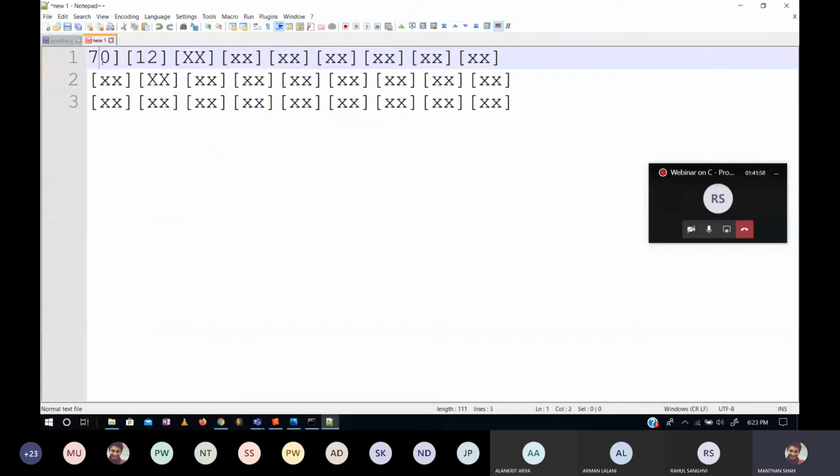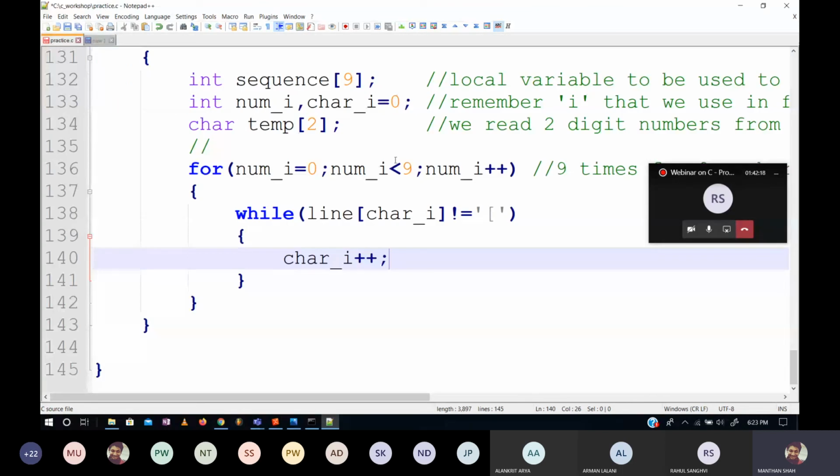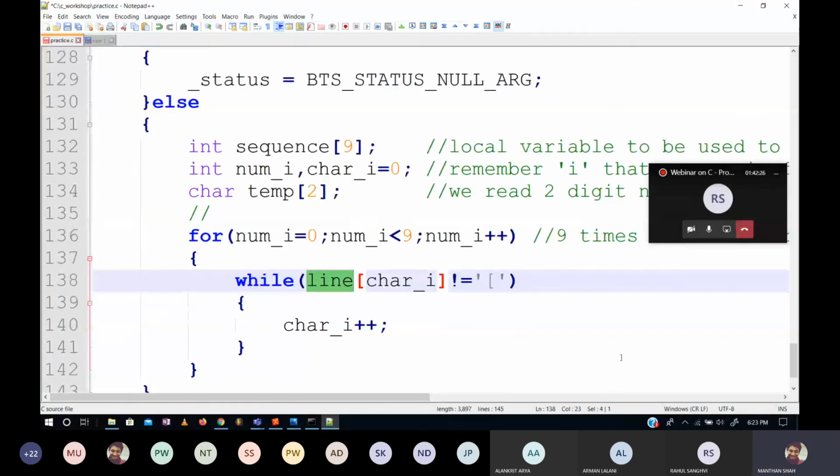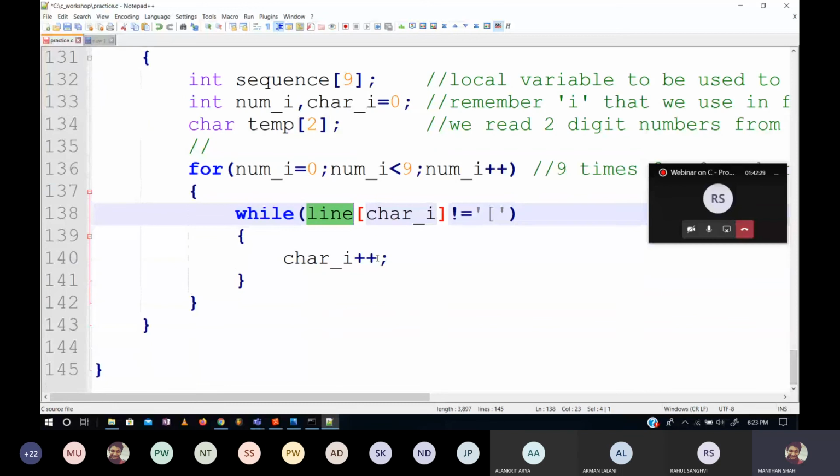What if इसमें से मैं सारे opening brackets निकाल दूं? Now what will happen is वो increment करते रहेगा, but it won't find opening bracket anywhere. It will keep on incrementing. और ये एक बात याद रखना कि actually में text file में नहीं दिख रहा है. ये जो भी increment हो रहा है ना, वो ये जो line है ना, ये line buffer है ना, उसमें हो रहा है. और अगर ये line किधर किसी कोई chunk of memory निकला और उसमें ये increment करते गए, then there will be a time कि जब ये line का जो fixed size है उसको overflow कर देगा, and it will start stepping into the boundaries that it is not meant to be in.